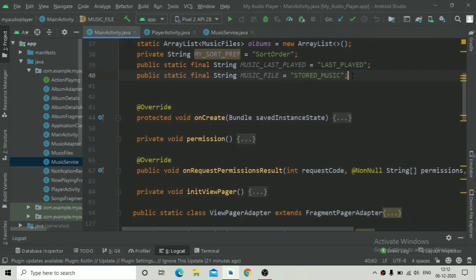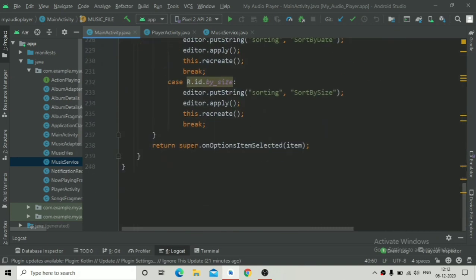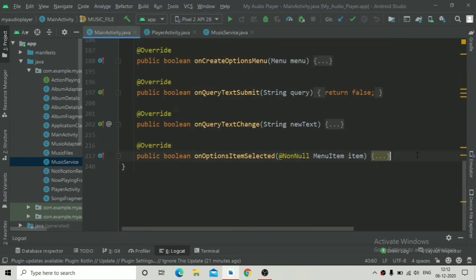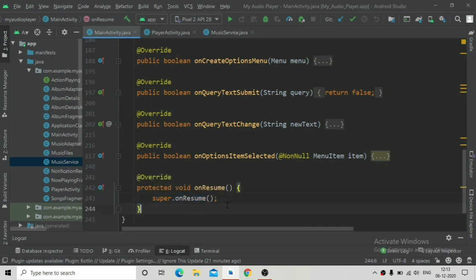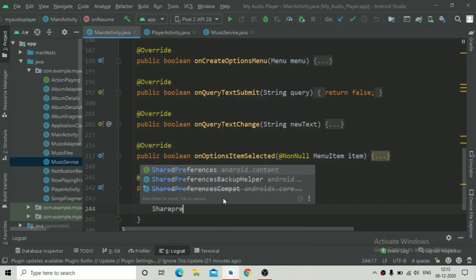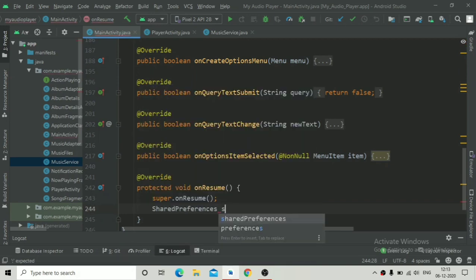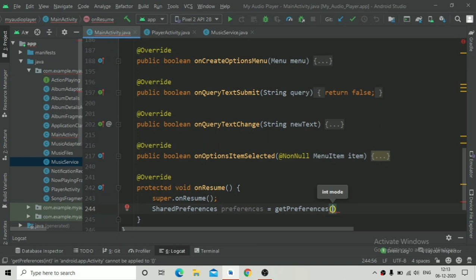Just copy that public static final String and paste it over here inside our main activity. Now I'm just going to write onResume. Over here you can see this overridden method, and now I'm going to write again the shared preferences, and just write getPreferences, actually getSharedPreferences.